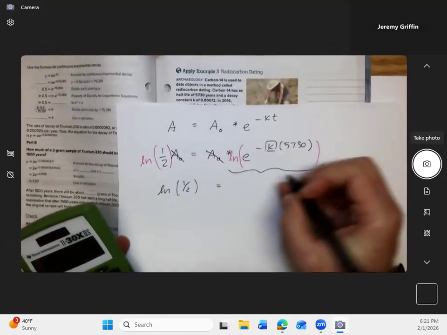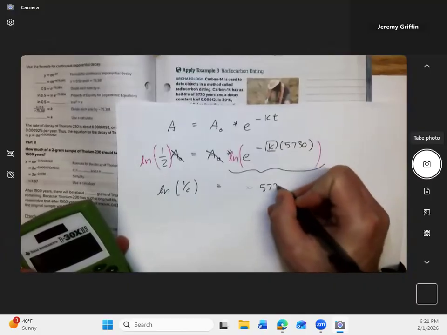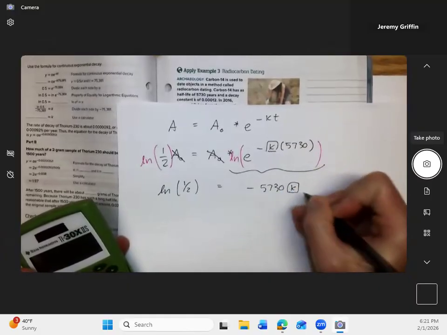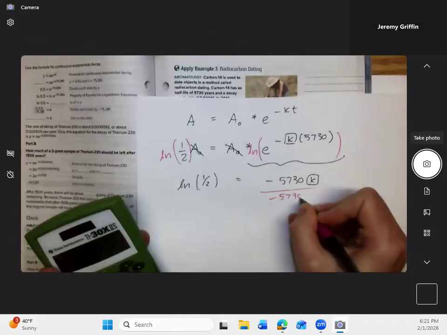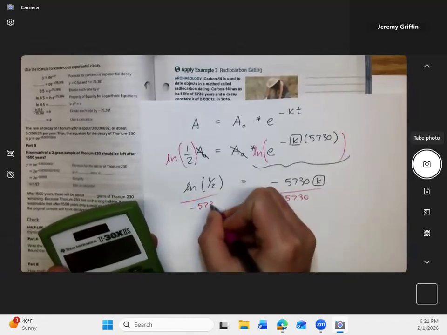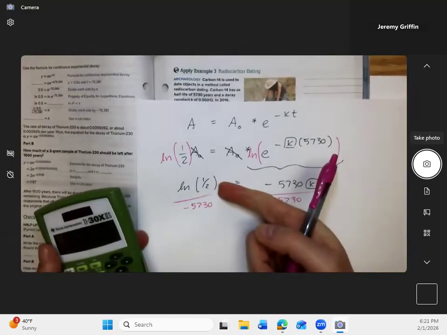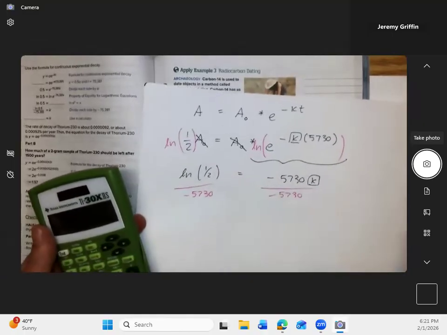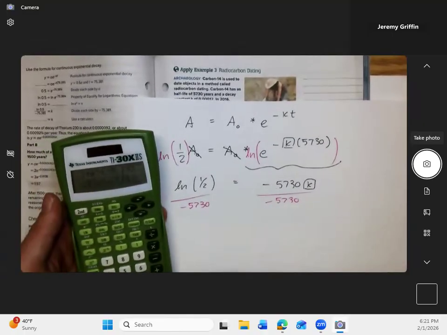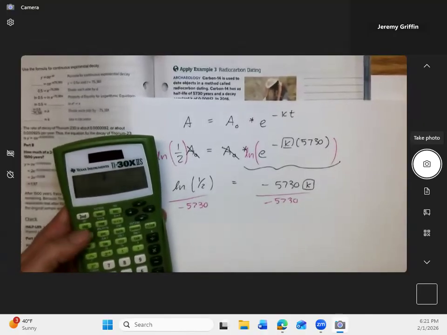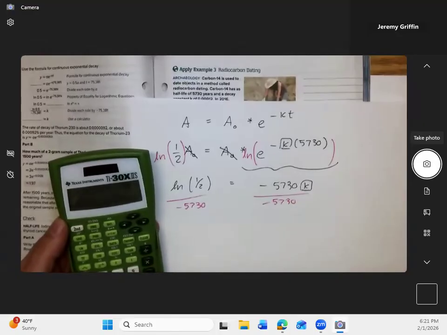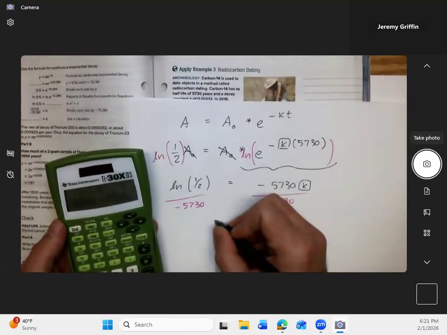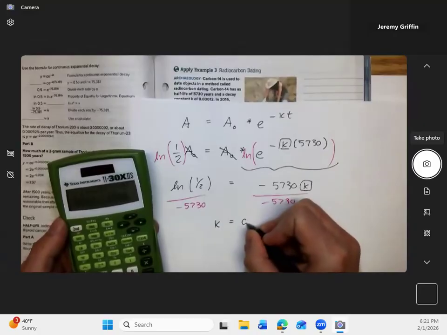Okay, and then all this simplifies to just negative 5730 divided by this coefficient. Negative 5730. You guys saw a few minutes ago, natural log of 1/2 is the negative value. It's negative natural log 2. So natural log 0.5, I was typing in exactly, over negative 5730. I'm looking at k equals